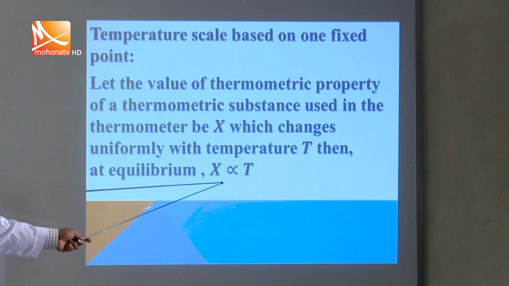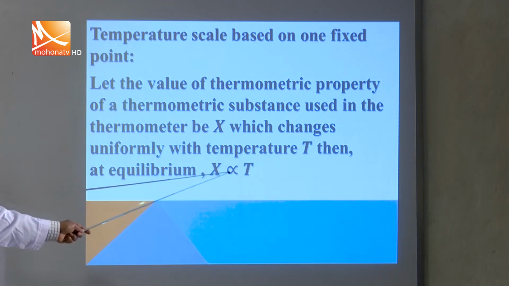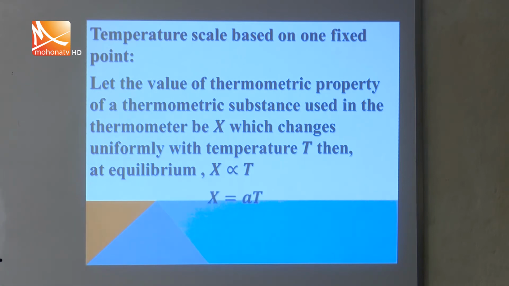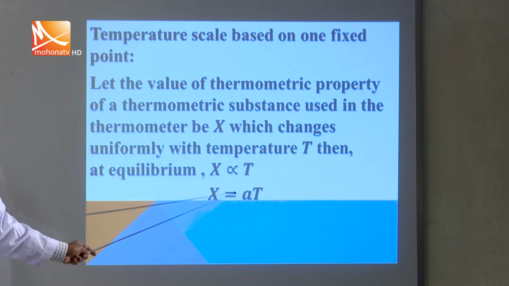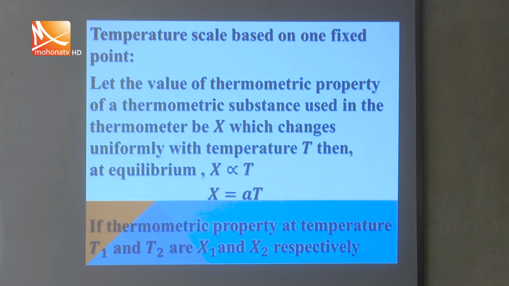That means, if the thermometric property increases, then temperature will increase. If the thermometric property decreases, then temperature will decrease. Then you can write mathematically x equals A into T, where A is the constant of proportionality. Now, if we consider two temperatures, suppose one temperature is T1 and another temperature is T2, for which the thermometric properties